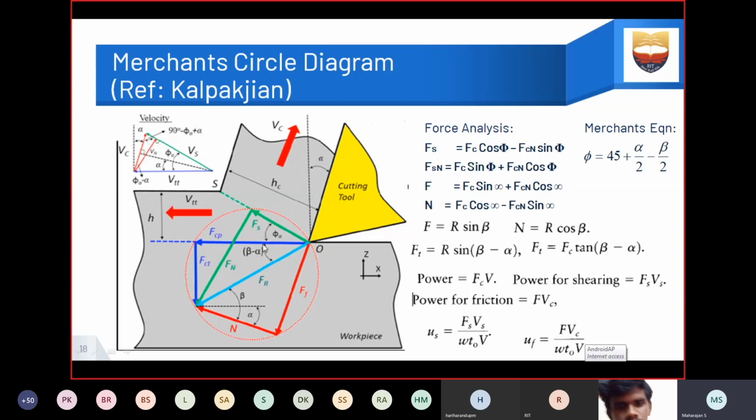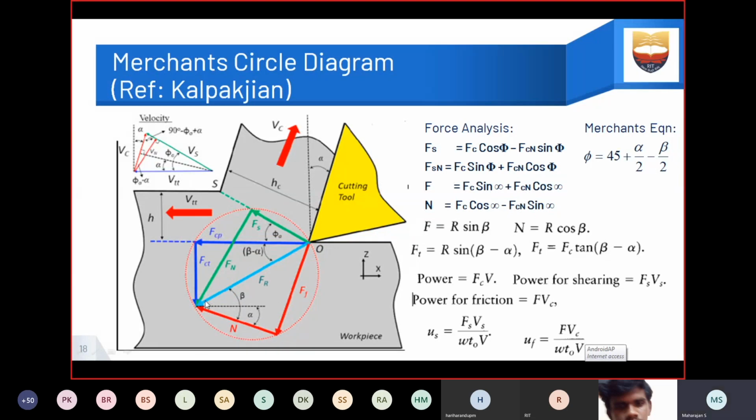So this is the rake angle. The force acting in this direction, along the cutting velocity, is the cutting force. The force exactly perpendicular to the cutting force is the normal to the cutting force. The next one is the shear force, which acts at the shear line. The angle between them is the shear angle, the angle between the line of action of the cutting velocity and the shear force. The frictional force acts at the rake face of the tool. The friction between the tool and chip acts in the downward direction. And then we have the normal to the frictional force.